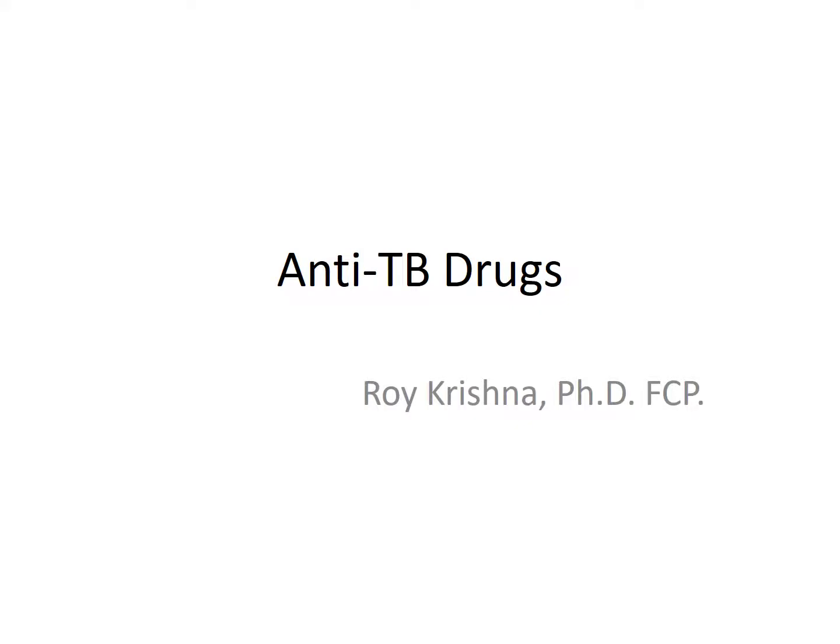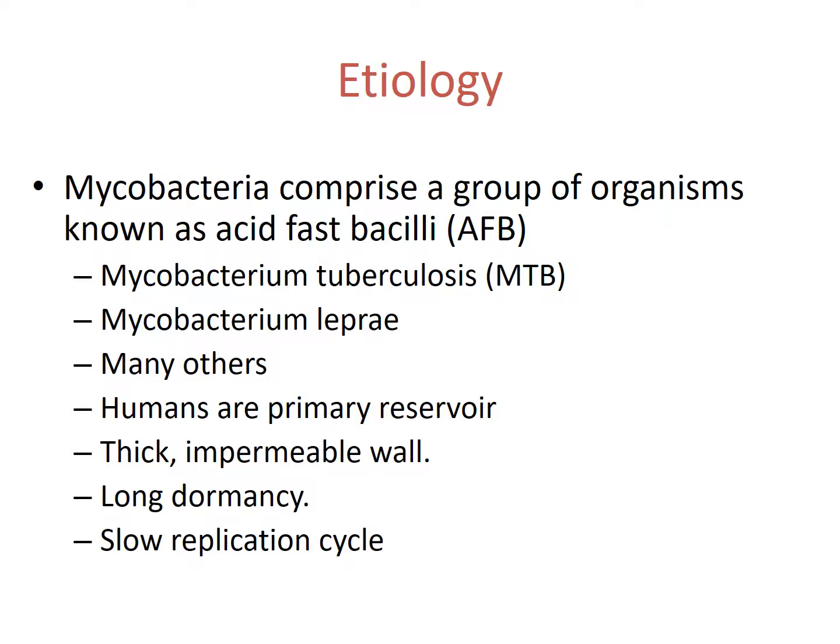So Mycobacterium are rod-like gram-positive aerobic bacteria that actually have filamentous branching structures. The problem with mycobacteria is that they're very slow dividing and they may lie dormant for very long time periods. And they reside inside host cells, which makes it even more difficult to get to them, and they become resistant to antibiotic therapies very quickly. So you have Mycobacterium tuberculosis, leprae, and the primary reservoir are humans, and they have a very thick and impermeable